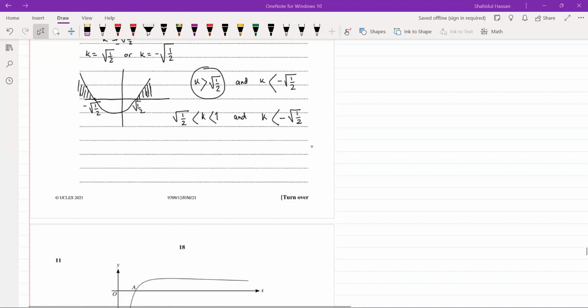There is one more thing that we have to consider, that is k is less than minus square root of half. This cannot be possible. This is also invalid. This whole thing is invalid